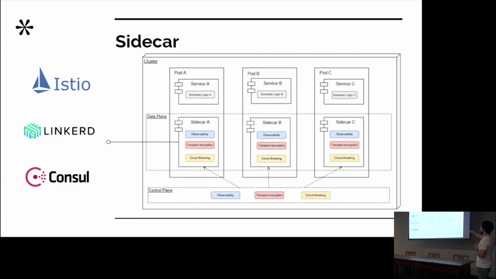Each container has its own pod, and next to each container on its specific pod, we deploy a sidecar container. This sidecar makes sure that all the traffic going to the services passes by the sidecar. It makes sure that your configurations of cross-cutting concerns are respected, and it acts basically as an independent proxy for each service.